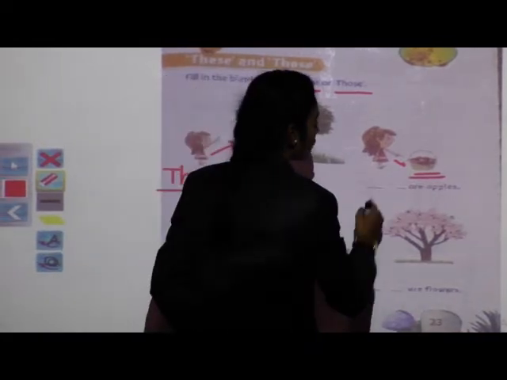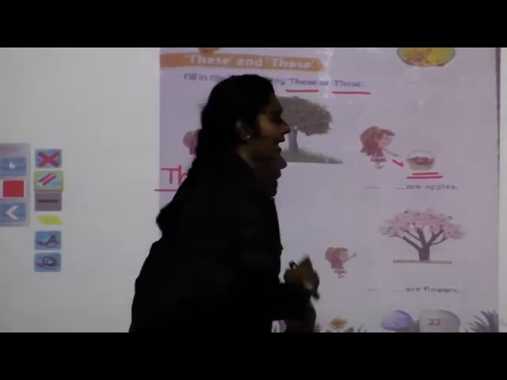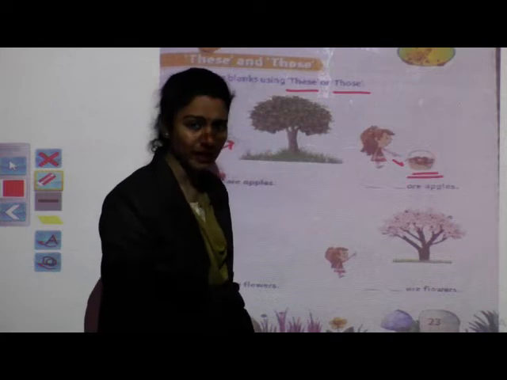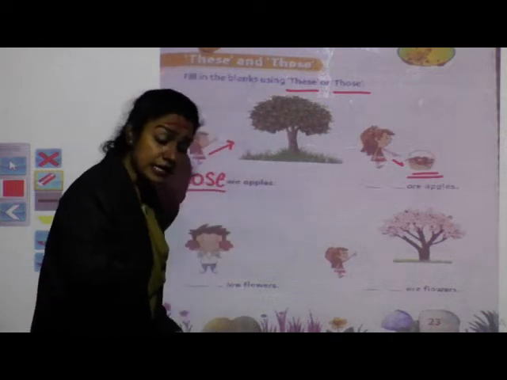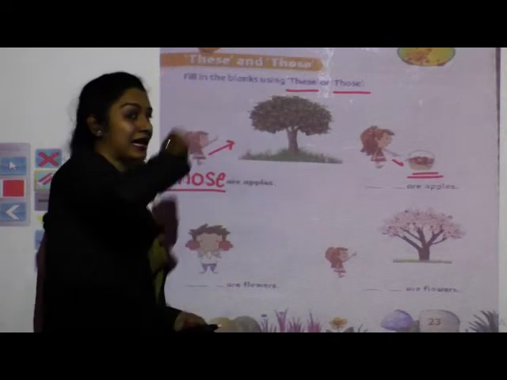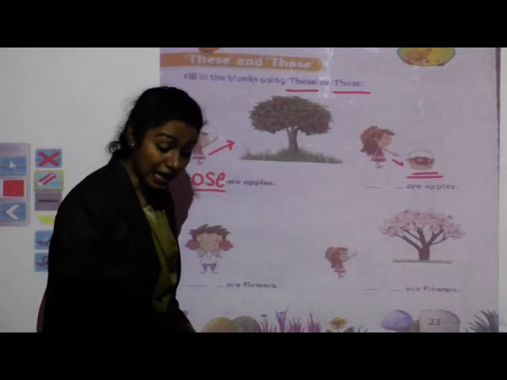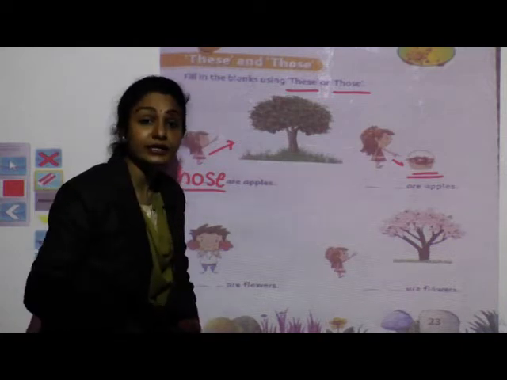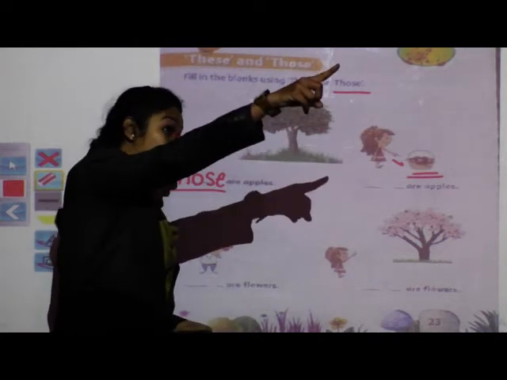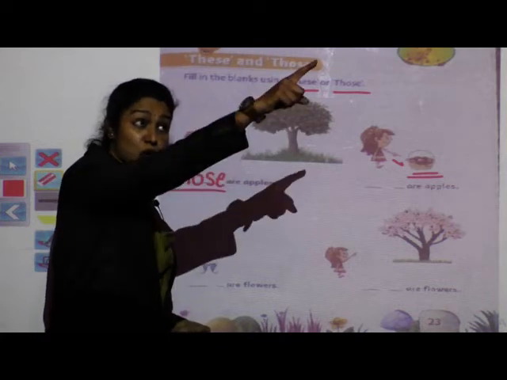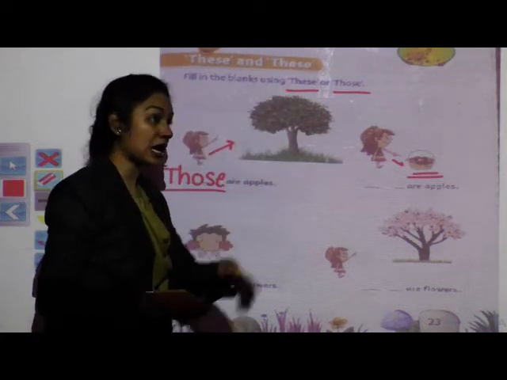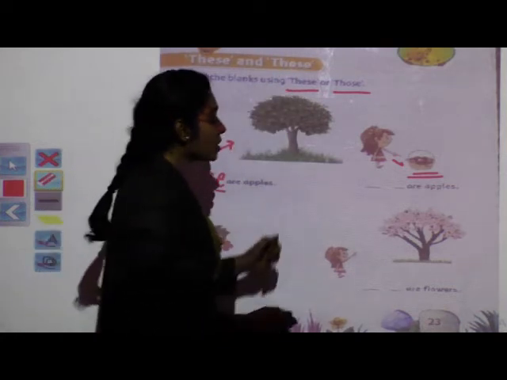These. Very nice. So what is she saying? These are apples. Apples उसके बहुत पास में है, नज़दीक में है. So she is saying these are apples. Those are apples. Okay, these are apples because these apples are near to me. But those are apples. Why am I saying those? Because those apples are far from me. Okay, so write here